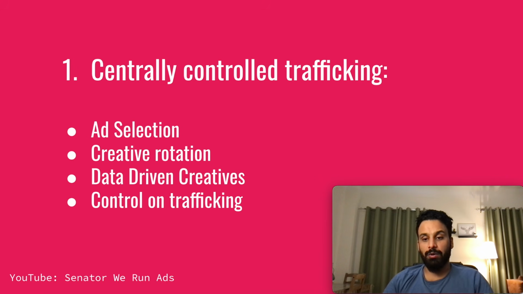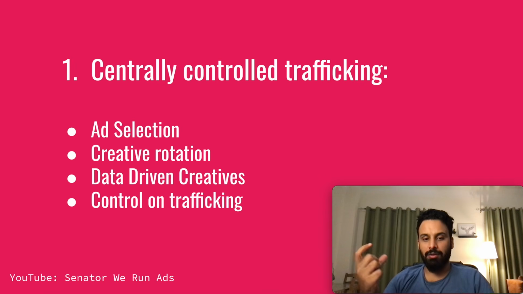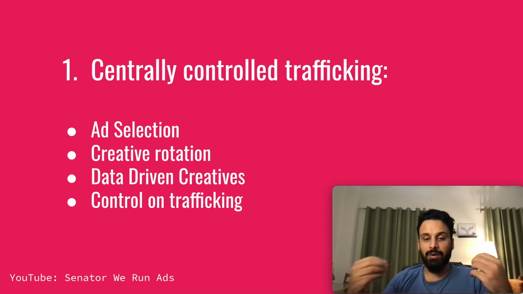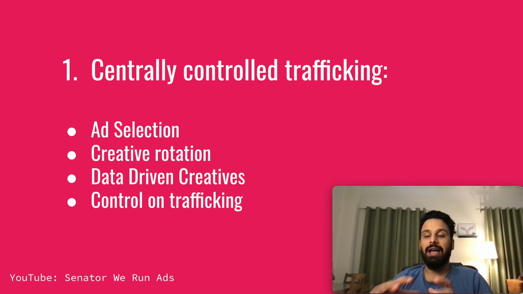Now then we have creative rotation. So for example, if I have 3 creatives I want to do testing with, to see which one is doing better. The same scenario: let's say I have one tag of 300 by 250. I give it to bbc.com, or I am trafficking it in DV360. Now with one tag, I will have one particular campaign targeted to this tag in my Campaign Manager 360, and I can upload 3 creatives and assign a weight. These creatives should be rotated in a particular sequence, which will help me to understand the performance of each creative. And it can all be done from my side where I'm an advertiser. I do not have to tell the publisher to rotate the creatives in a certain way and rely on their reports.